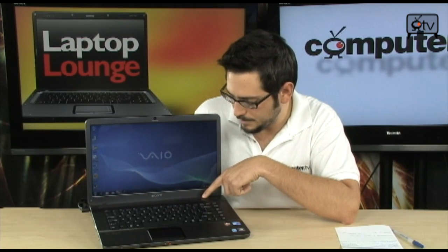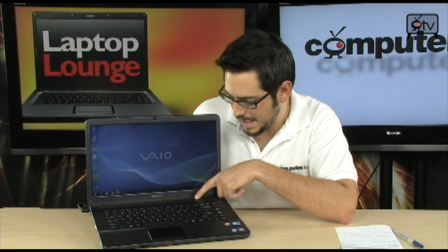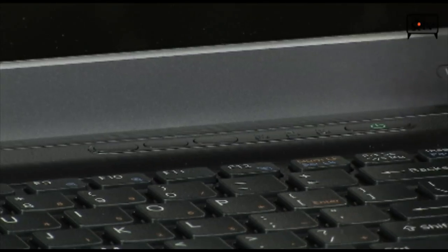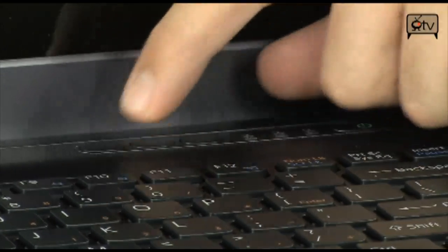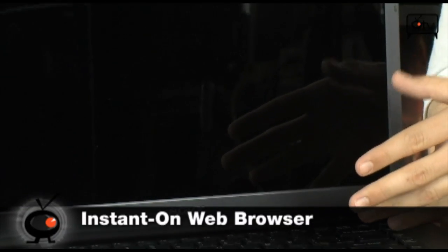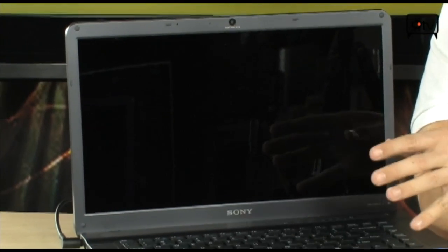You're going to see the power button, your indicator lights for your caps lock, scroll lock and num lock. You're also going to see a button to turn the display off, a mute button, and a web button. Another cool feature about this computer is that it has an instant-on web browser. So from a completely off computer, you push the web button, and in just a few moments, you're going to